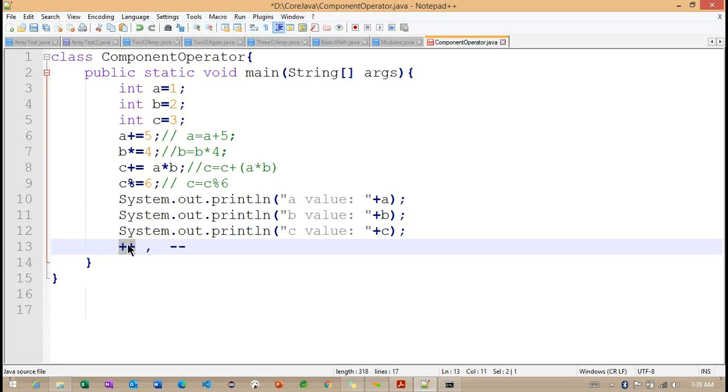The decrement is going to decrease the value by one here. Every time, one is going to increase, and only one value is going to decrease.